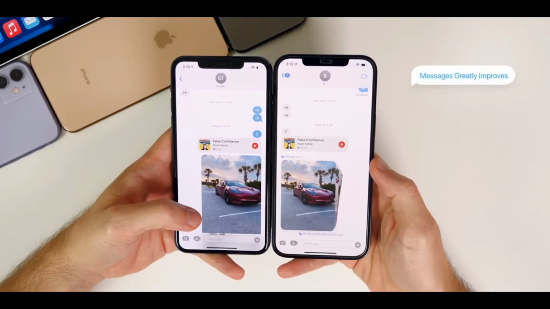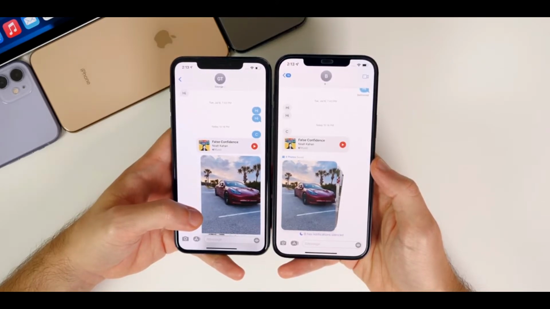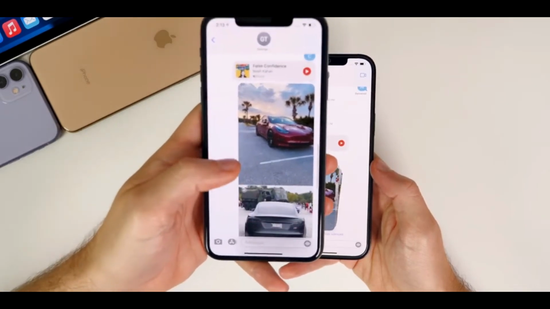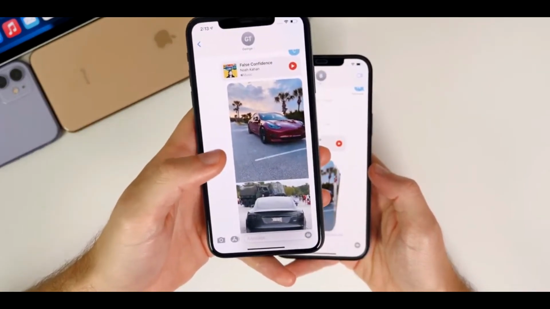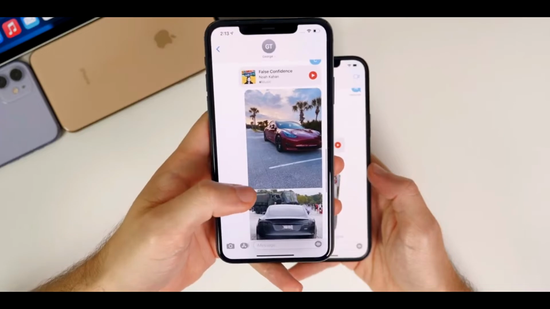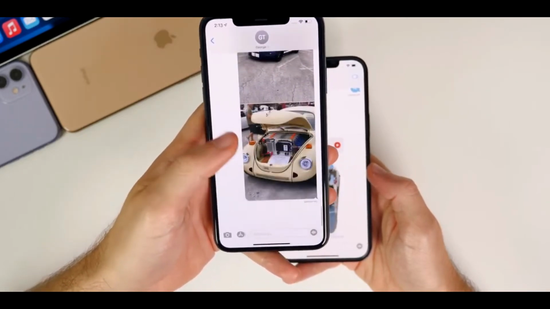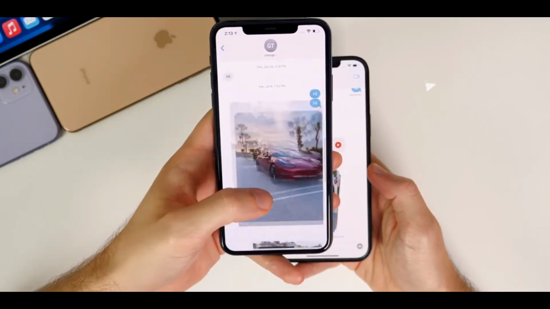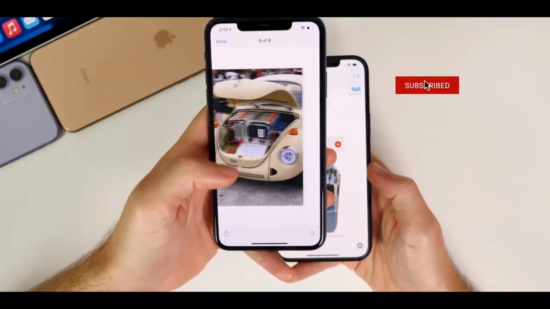So moving on to messages, there are a few changes in here that I think you guys will really like in iOS 15. So before, if you sent somebody a lot of photos, or if they sent you a lot of photos, the layout was simple. It was just a lot of photos in a row, just a big line of these photos. You could tap on one and kind of just go through them and see which ones you liked and save